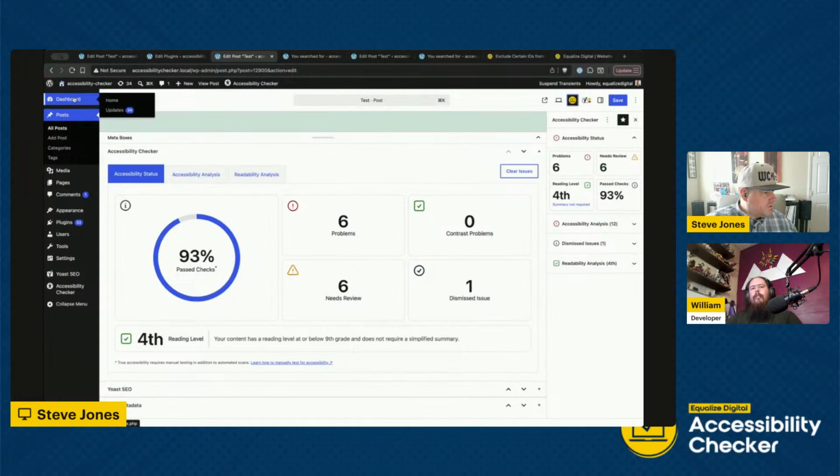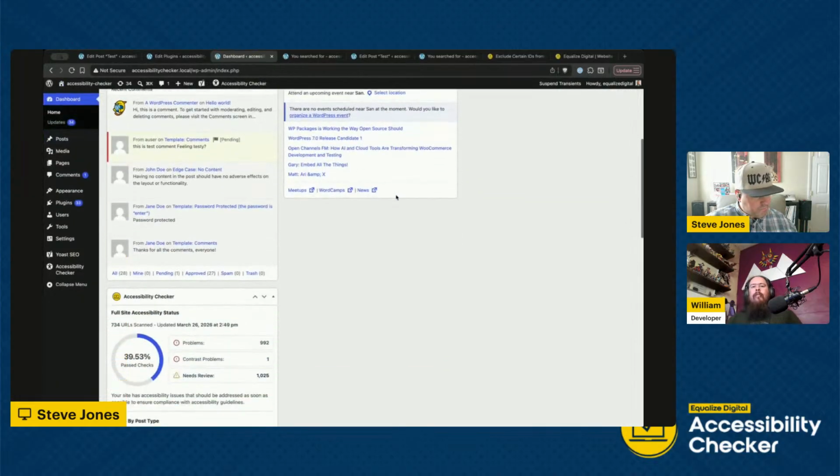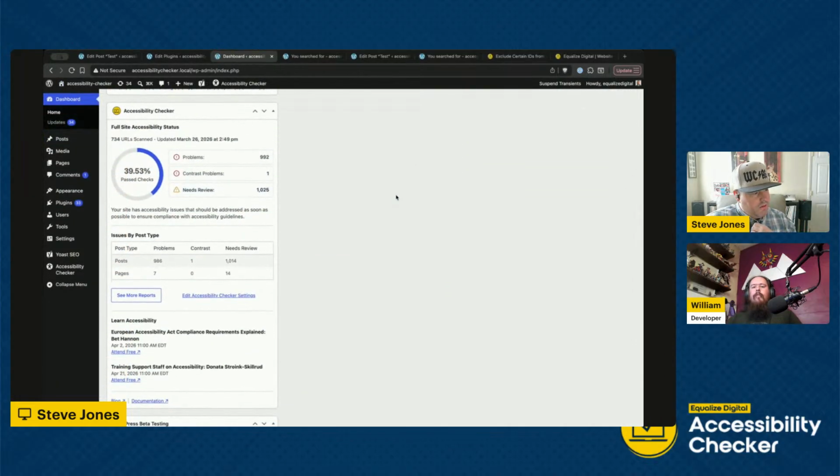The first place where you'll notice it is if you're running Accessibility Checker Pro. Actually, this is in free too, but there's more UI here to look at. If you're in Pro, you get some more stats. So we've updated our dashboard widget with some of the new colors. We decided to inherit the